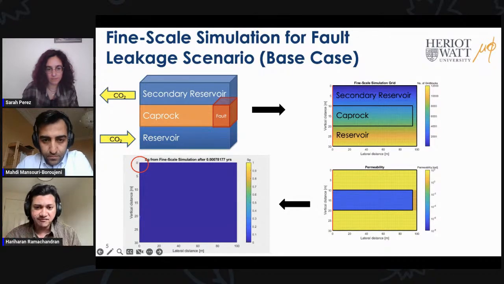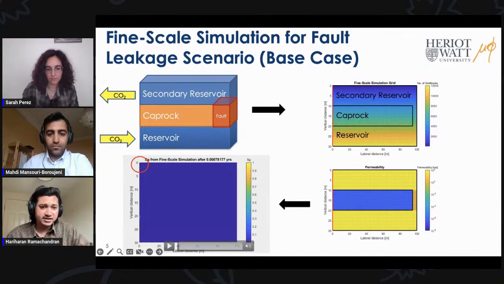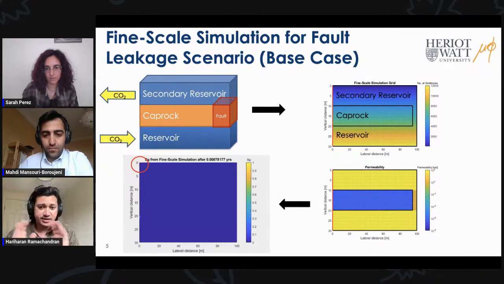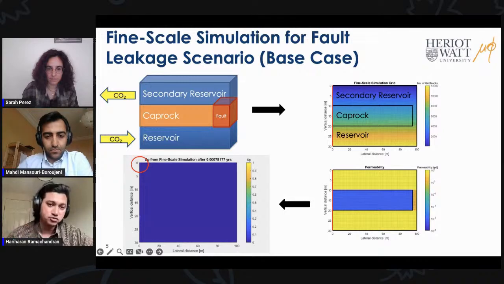And then we have introduced a 5-meter fault block with 1 millidarcy permeability that connects these two reservoirs at the end of the cap rock layer, and this represents flow through the damage zone scenario. The system is divided into 12,000 grid blocks, with each grid block being 1 meter long and 25 centimeters tall. We have assumed a simple Corey-type relative permeability for the fluid phases, and the capillary pressure is neglected in the system. The dark planes you see in this grid are the no flow boundaries, so we assume there is no flow through these boundaries.